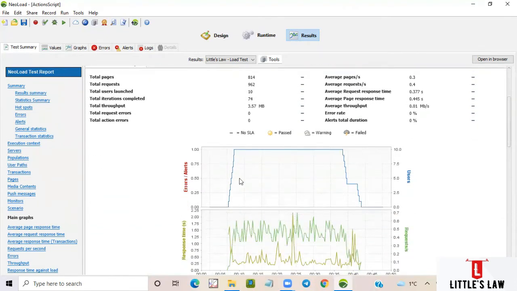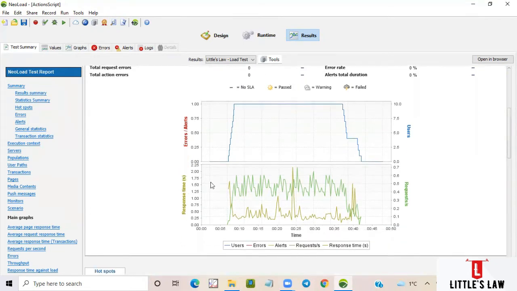And this is how the test has ramped up. You can see here this test ramped up after the 5 minutes of previous monitoring. And then it went to a steady state. And then slowly it started to ramp down, and it ended at the 45th minute. And here you can see the response times and the requests. Most of the time they will be in sync, overlaid on each other, in a synchronous way. That's how it is expected. If there are any spikes or dips, then we can easily identify that there could be some bottlenecks.